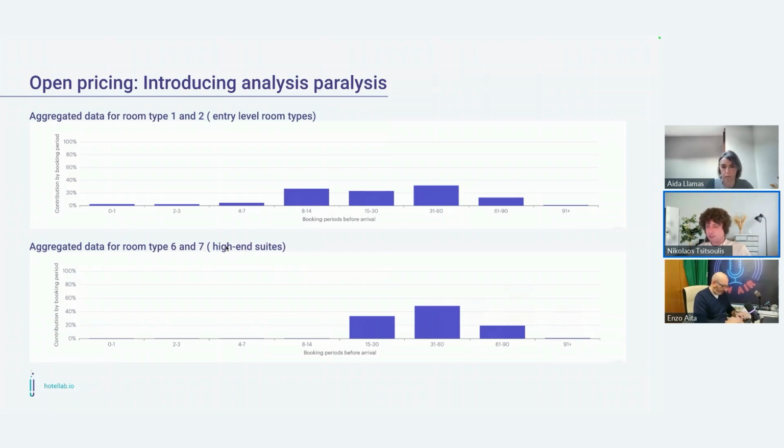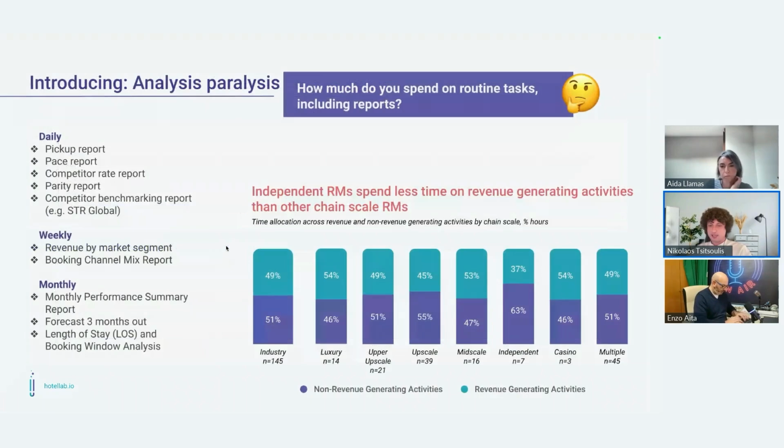What does this mean? This would actually mean that if we want to switch on an open pricing level and basically price every single, I repeat, room type individually, we would need to analyze all data that we analyze at the hotel. I don't know, pickup versus forecast versus budget, length of stay analysis, booking window analysis on a room type level. Just imagine whether that is possible or not for a hotel with 10 room types, or just imagine whether it's possible for a group of 5 hotels with 50 or 200 rooms each. Of course, I don't want to reintroduce